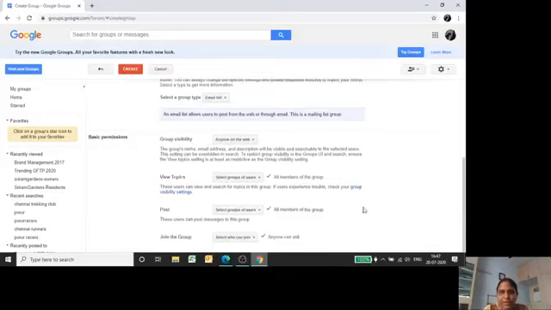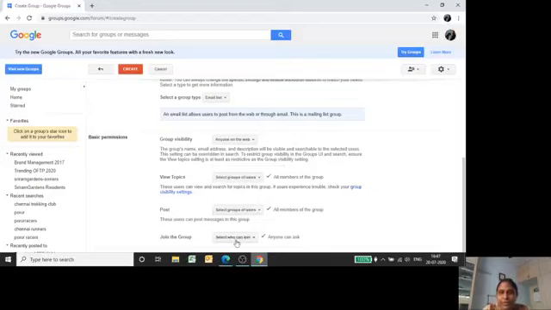And then, for whatever topics you're posting, you can choose whether all the members of the group can see them, or managers of the group, or anyone on the web, or owners of the group. These are the permission levels you can set. Similarly, who can post in this group? Owners, managers, all members. Remember this, because when we are adding a member, we can set the permission, the role. These are the roles: owners, managers, and all members.